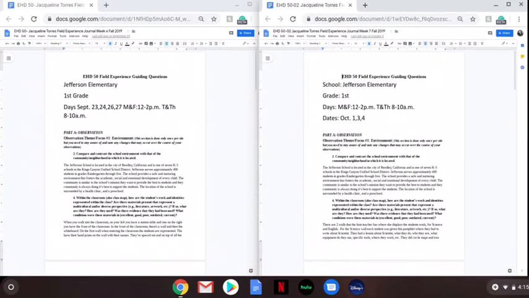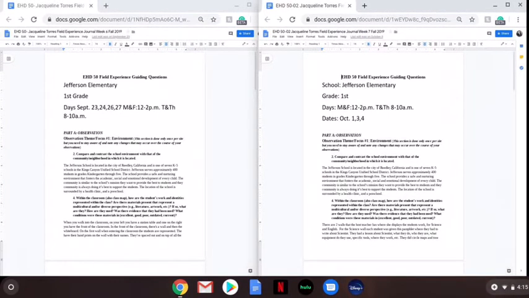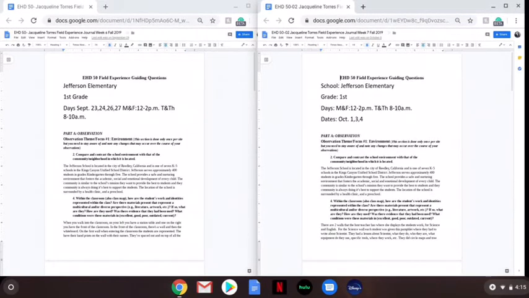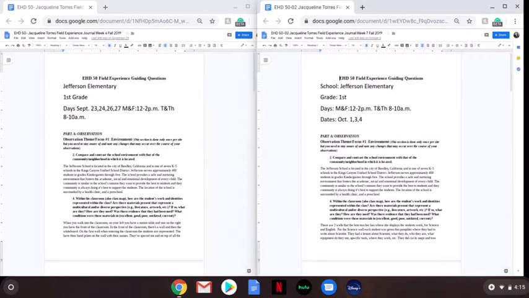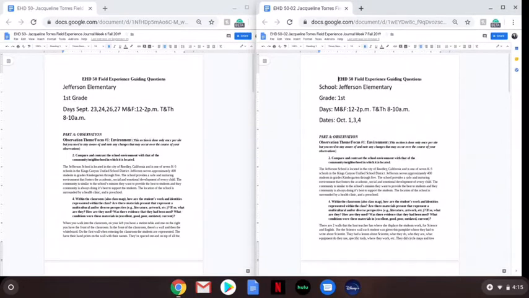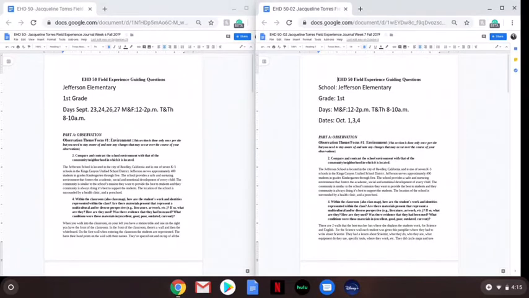And this was just so I can remember, oh yeah, I only went these days. When I would go down to part A in observation, I always had question number 2 and number 4. And this was just basically comparing and contrasting the school environment and their neighborhood. I also wrote how the 4th question asked what are some of the things that the classroom has and provides for the students.